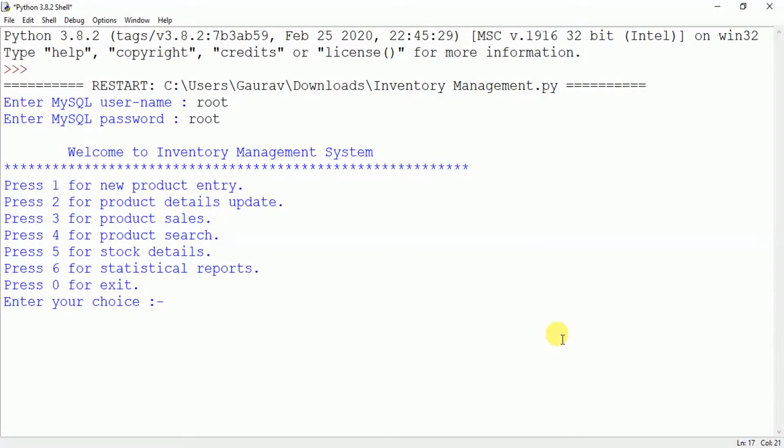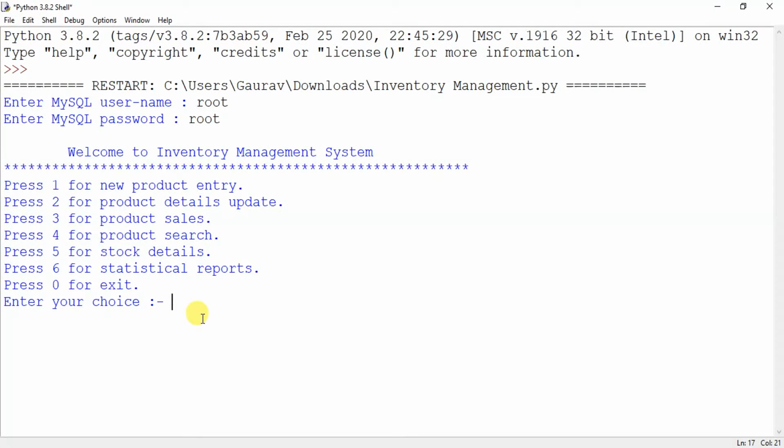So students, let us begin with the actual screen that you will be seeing when you implement the software or the project that we will be discussing here. This is the inventory management system, and this is the welcome screen and the main menu that I have designed. In the beginning, because we are connecting with the MySQL database, I have asked for the MySQL username and password, then I have given this welcome message, and these are the menus that I have chosen for my project.